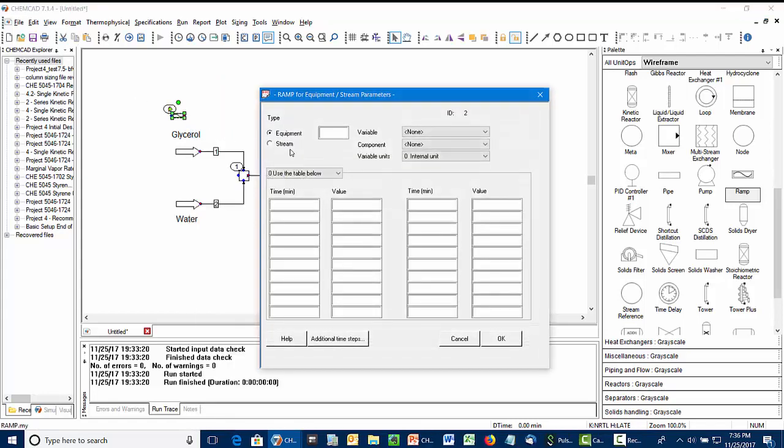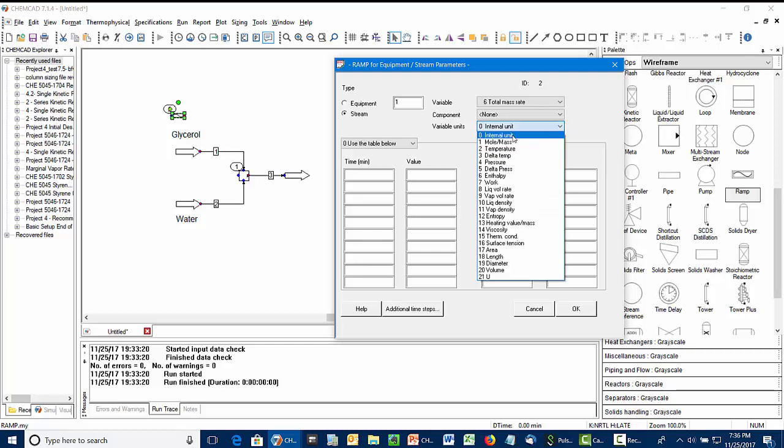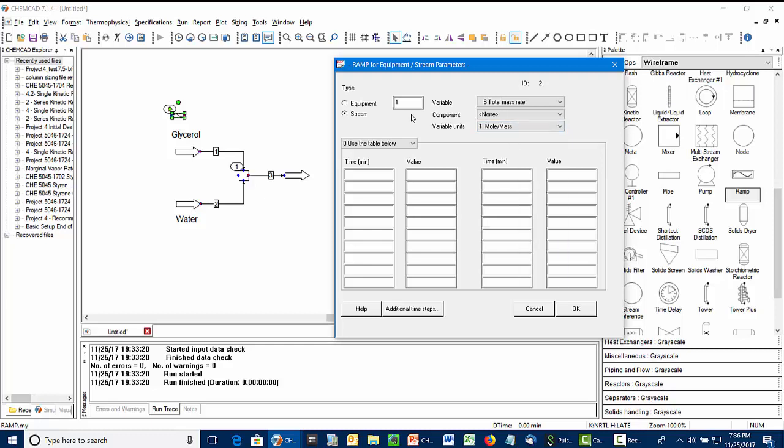When we go into the ramp function, you can see that you can vary a parameter either for equipment or for a stream. So in this case, what we're going to do is vary the flow of stream 1. And the variable we're going to vary is the total mass rate. Now, before I fill the rest of this out, we need to talk about what this ramp function is going